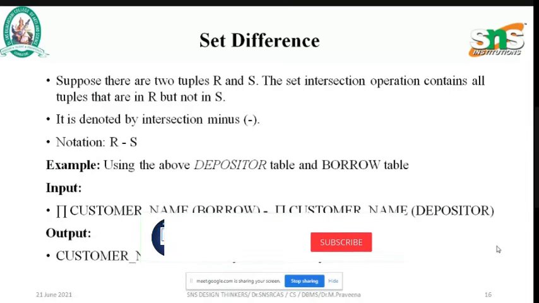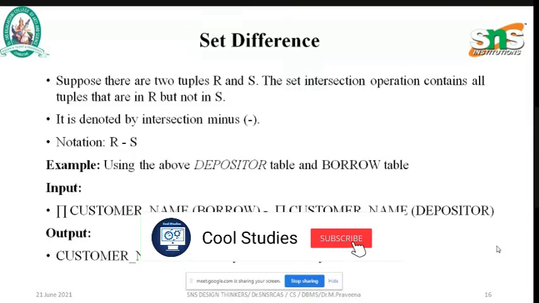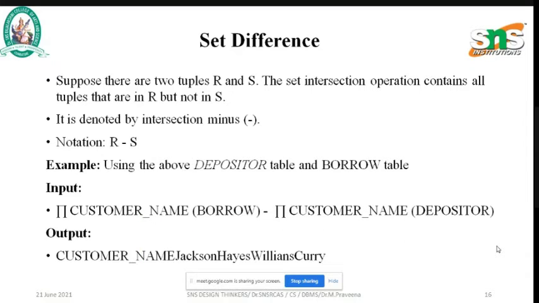The answer will be Jackson, Hayes, Williams and Curry, because the common items will be neglected and the rest of what is available in R is displayed. It is denoted by the minus symbol, and the notation is R minus S. Are you clear about set difference?